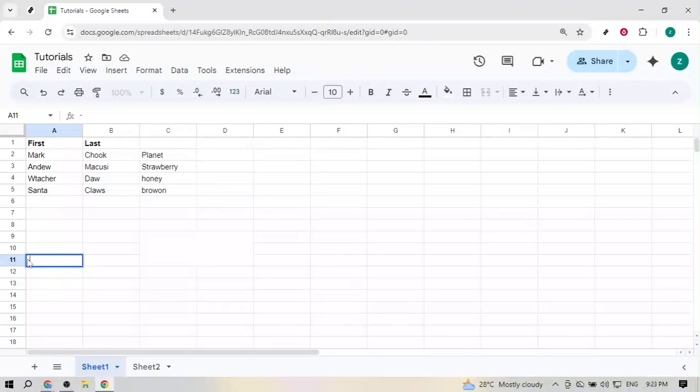In today's video, I'm going to teach you how to unmerge cells in Google Sheets. If you've ever received a spreadsheet where headings or labels have been merged across several columns and you need to work with the individual cells, unmerging is quick and restores the grid so you can sort, filter, or enter